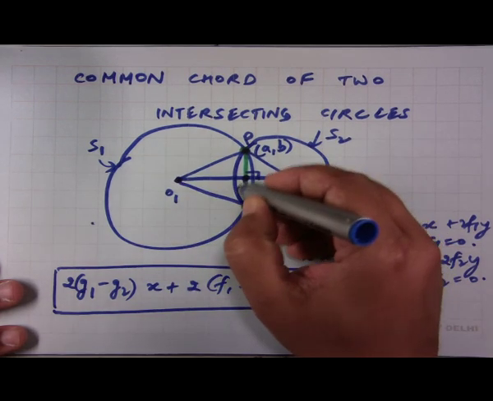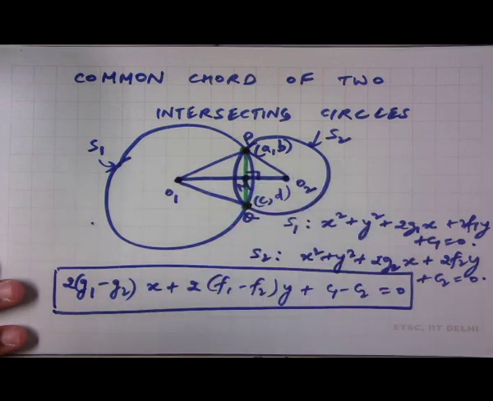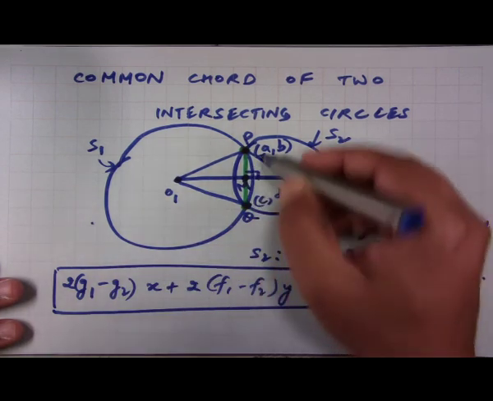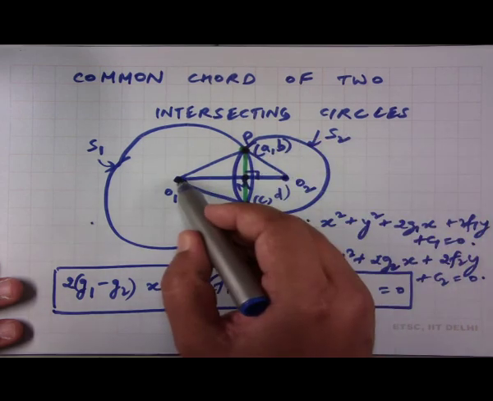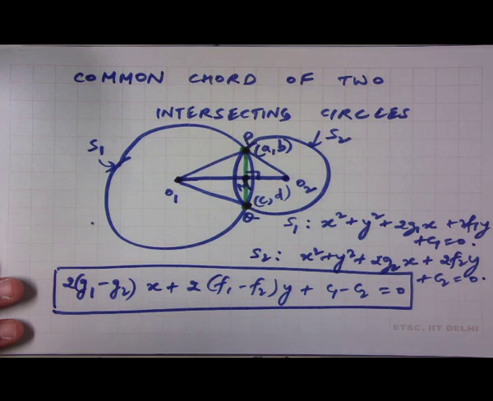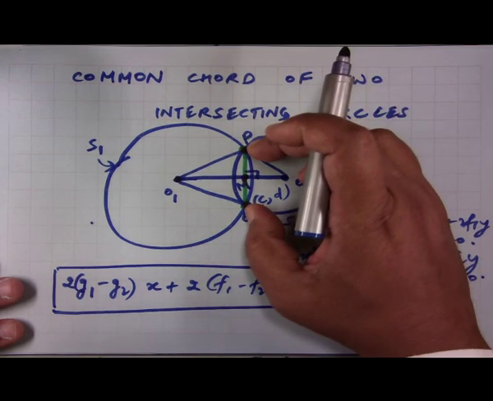Let us say this point here is M. So, since this line joining the centers is perpendicular to this chord PQ,